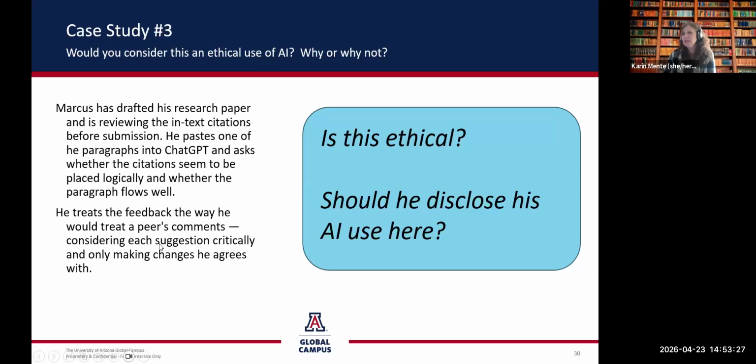Personally, I think he is using this ethically. I think someone mentioned it, but yeah, it's similar to using a tool like Grammarly. Absolutely. And if he had any questions about whether he should disclose or cite it, this would be a great time to ask his instructor about that.